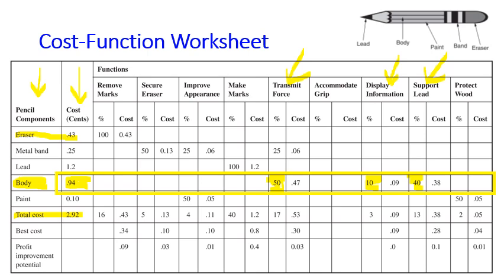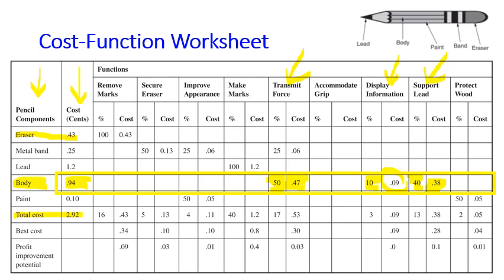Because the body is mostly for transmitting force and supporting the lead, the cost for this function with respect to the body component is significantly higher than the cost of displaying information. So this table shows us that the body costs 0.94 cents. Now we're trying to distribute this 0.94 cents to see